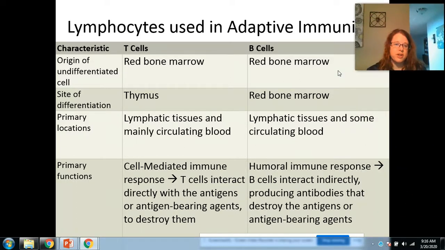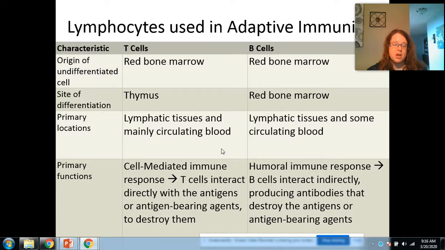Okay, so with the lymphocytes that are used during the specific immunity and acquired immunity, you have two types of lymphocytes. You have the T cells and you have the B cells. T cells are used in the cell-mediated immunity or immune response. B cells are specific to the humoral immune response. So these two responses are the two responses that are found to be used during the adaptive or specific immune